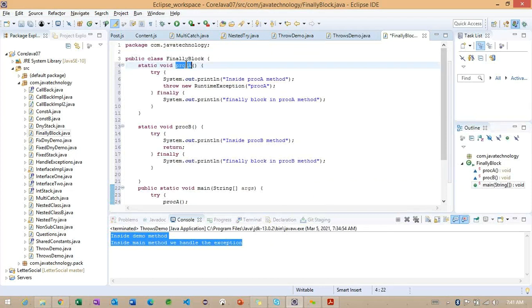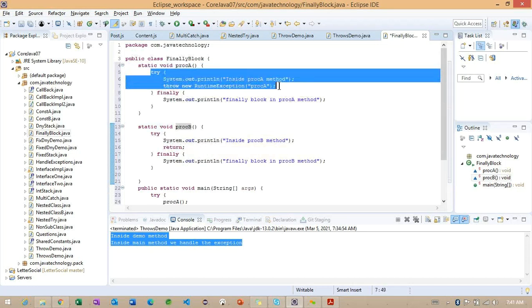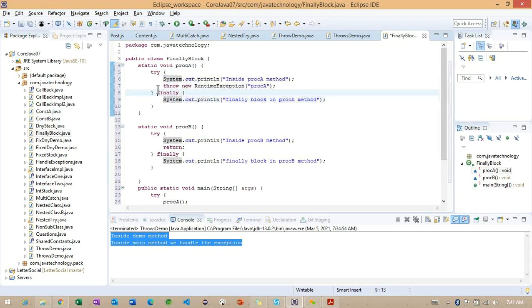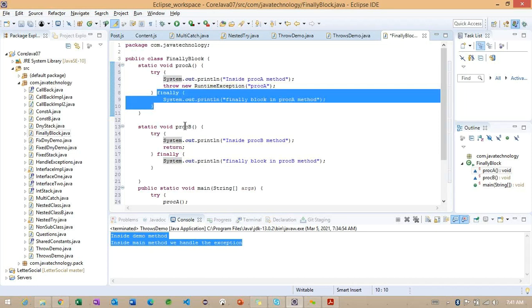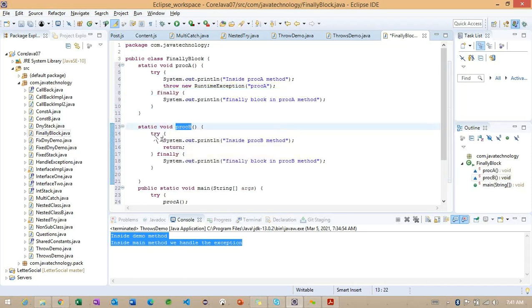So we are creating two methods here. One is process A, second one process B. So inside the process A, what we are doing here, we are throwing an exception here, and we are not handling any exception. So directly we are checking with the finally block, and we have one more method.